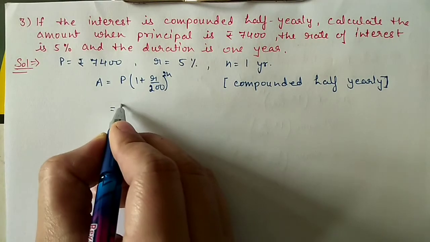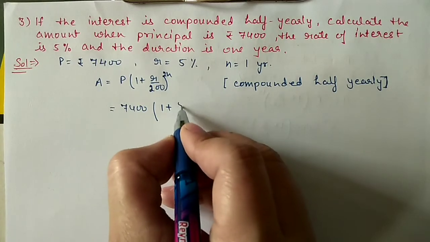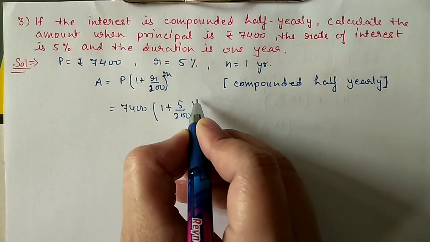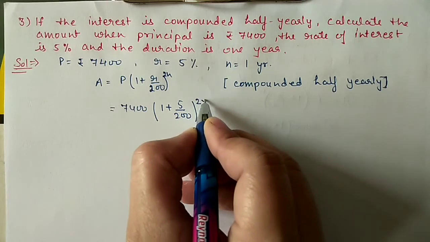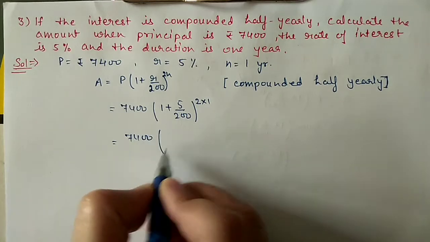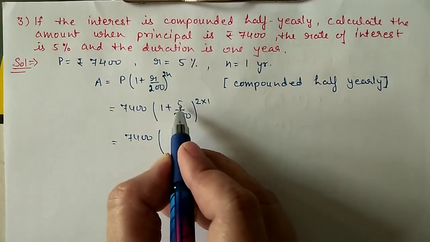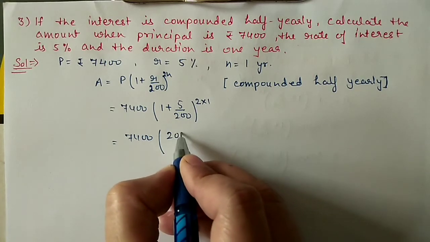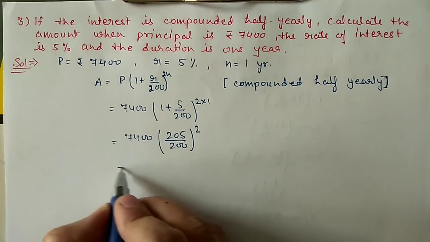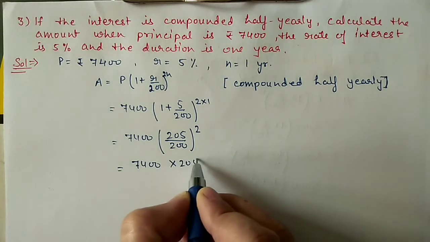Substitute values in this formula. 7,400, 1 plus 5 by 200 whole to the power 2n. 2n means 2 into 1. So 7,400. Now here after simplification, because here 1 is there, we will get 200 plus 5 means 205 by 200 whole to the power 2, which we can expand and write 205 by 200,